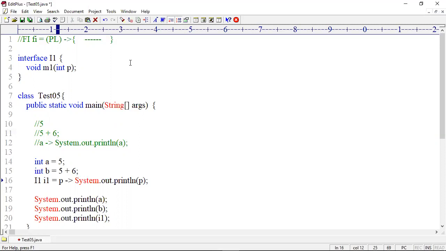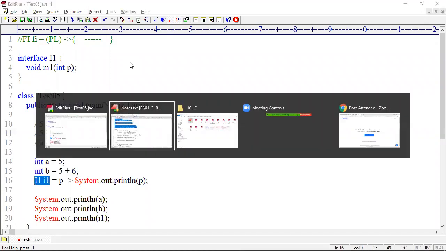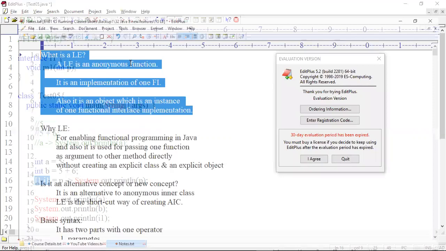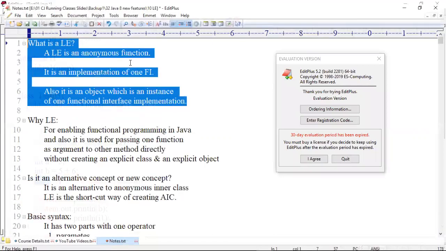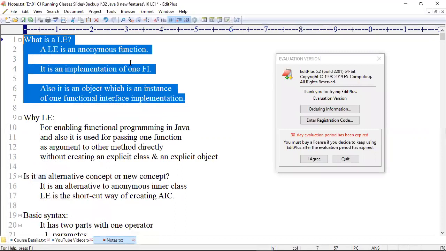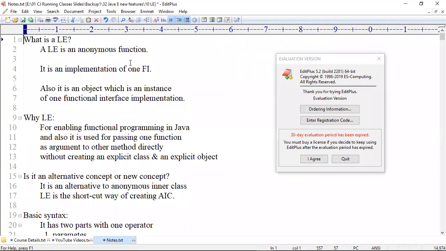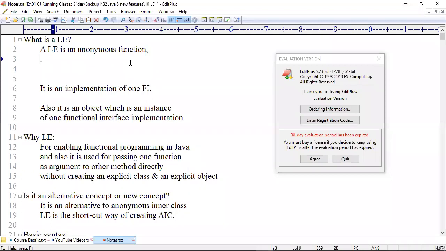Tell me, what is a lambda expression? A lambda expression is implicitly an object. It is an instance of this functional interface's implementation class, which is generated dynamically by the compiler software. Let me write that. What is a lambda expression? A lambda expression is an anonymous function which doesn't have a name,